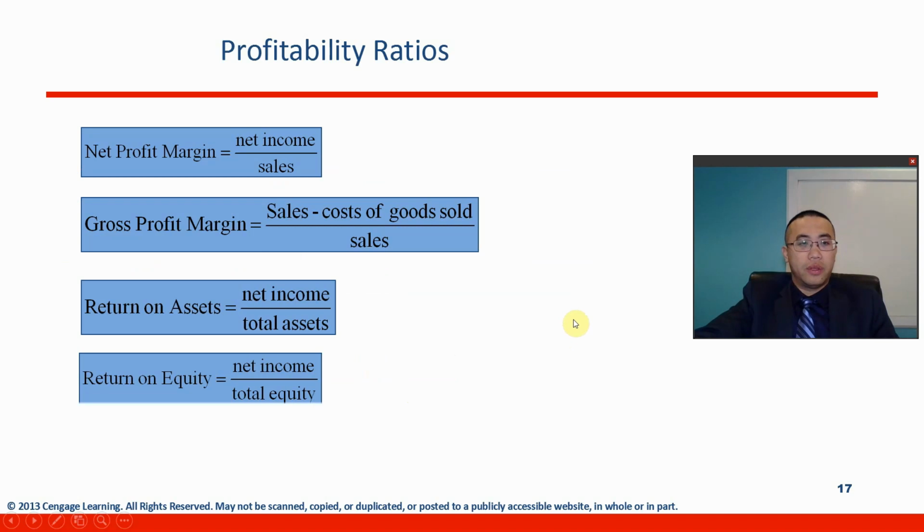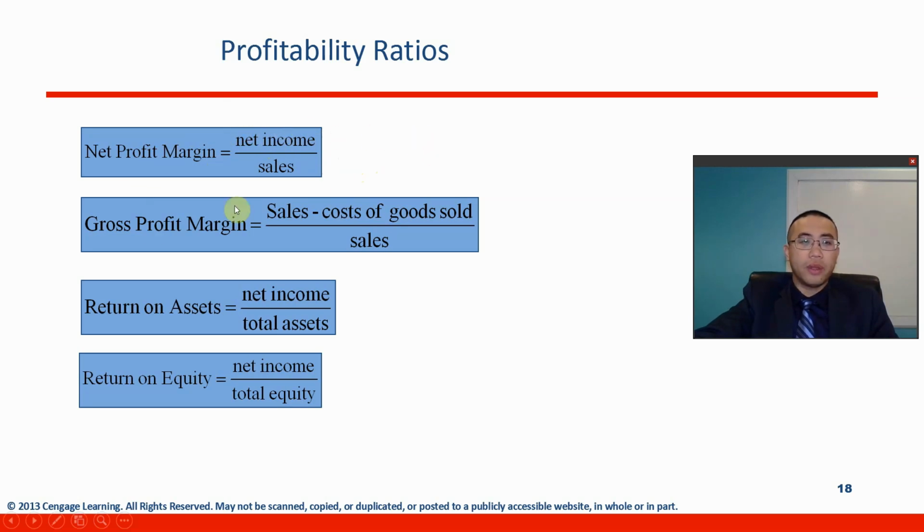Another ratio category is called profitability ratios. So basically, this measures the firm's profit generating ability. You have this net profit margin, which is net income divided by sales. Net income is also called net profit, and we want this number to be as high as possible because making good sales is not good enough. You also need to have a low cost,